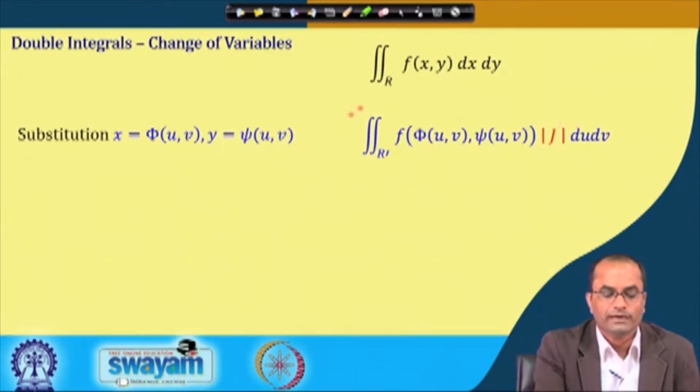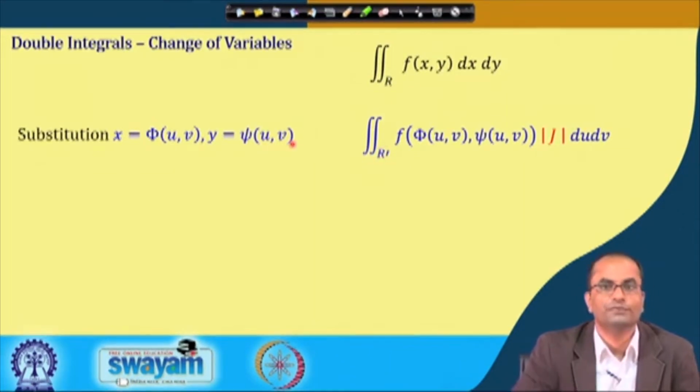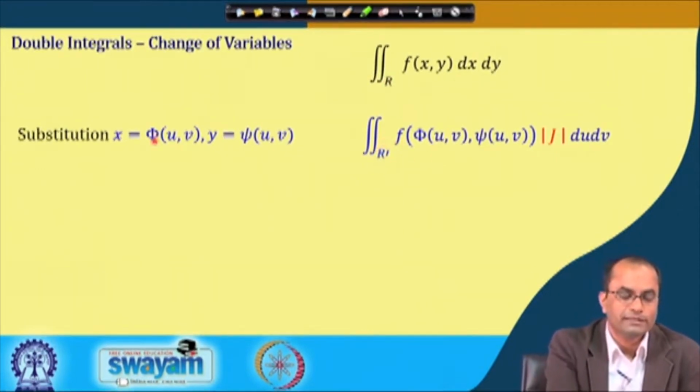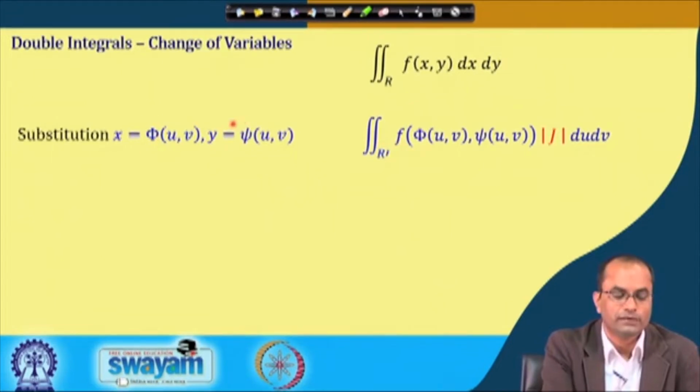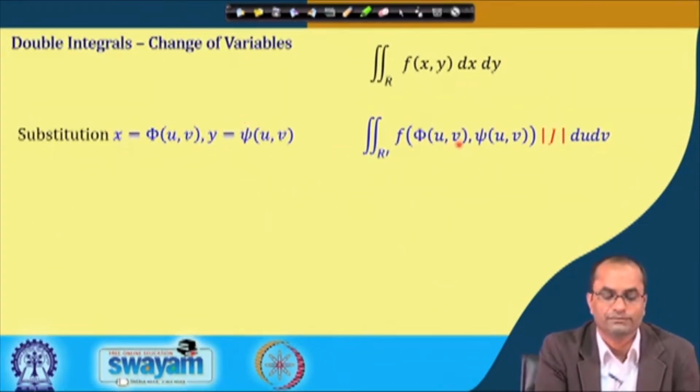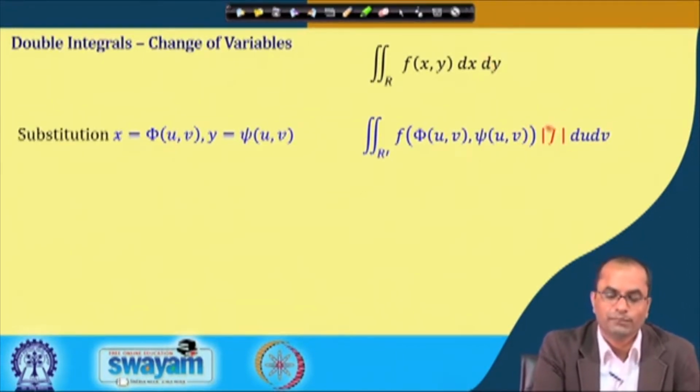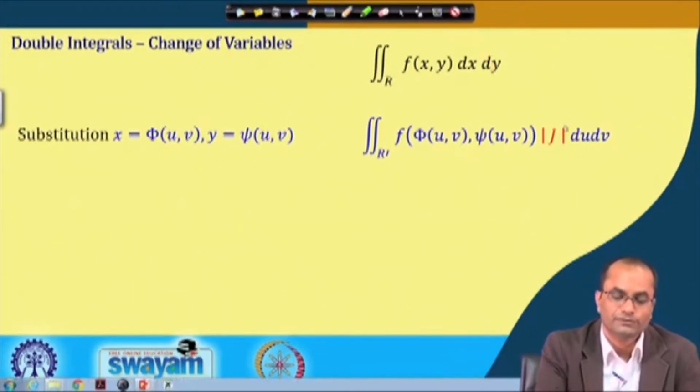So, having this, we have this integral here over the new region, the same region, but for the new variables u and v. That is what we have used here, with a different notation r prime, and then we straight away substitute x as this phi, and y as this psi, as functions of u and v. Naturally, for dx dy we will get du dv, but with another factor